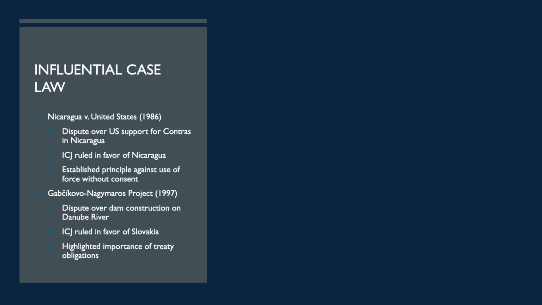Influential cases such as Nicaragua versus United States, 1986. This case involved a dispute between Nicaragua and the US over the latter's support for the Contras, a rebel group fighting against the Nicaraguan government. The ICJ ruled in favor of Nicaragua, finding that the United States had violated international law by supporting the Contras